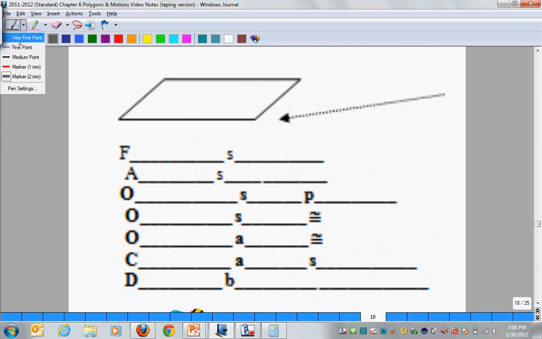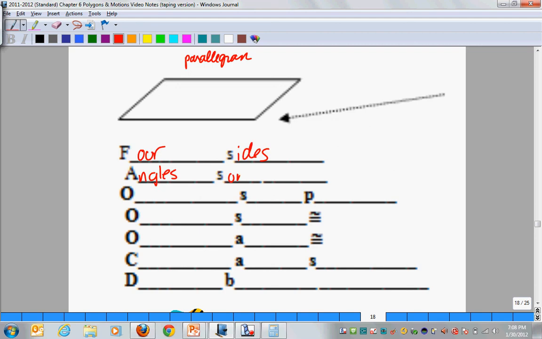Step number 1, we know that a parallelogram has 4 sides and angles which sum to 360 degrees. Why? Because a parallelogram is a descendant of a quad, and all quads have those 2 characteristics. Now, what makes a parallelogram specifically a parallelogram are these very important 5 qualities. And they are: